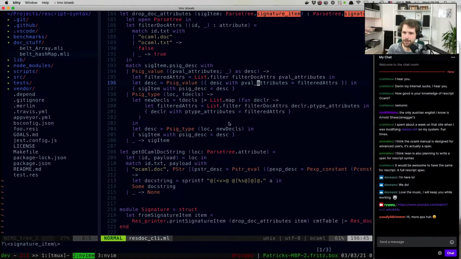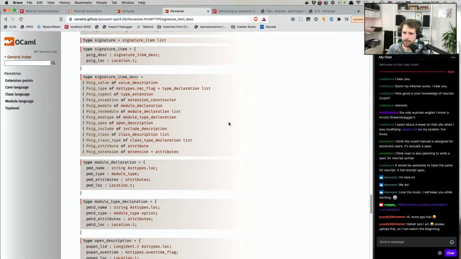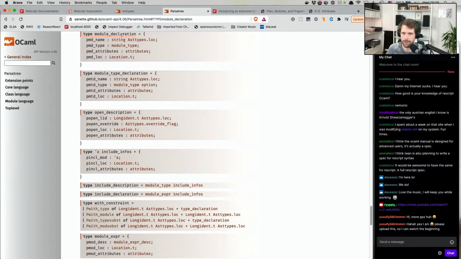Okay, so we pattern match on this thing, and then we can... yeah, I will probably upload this, because today I'm feeling really, really good about it. So we have a PSIG module. And there is a module declaration, and